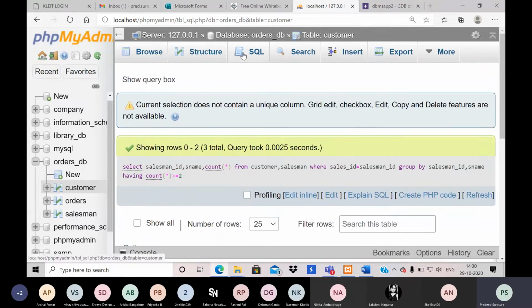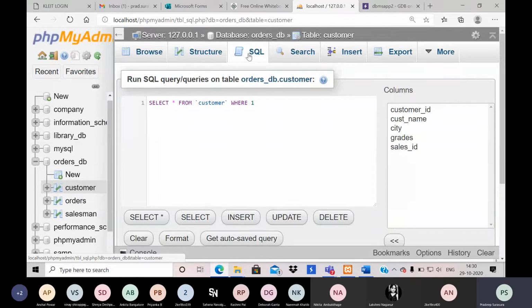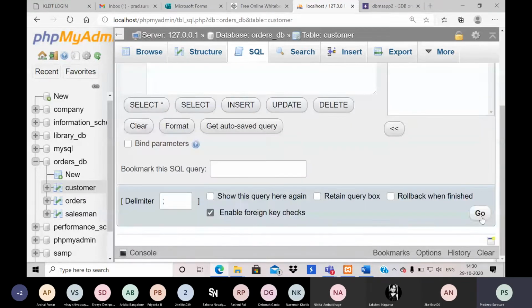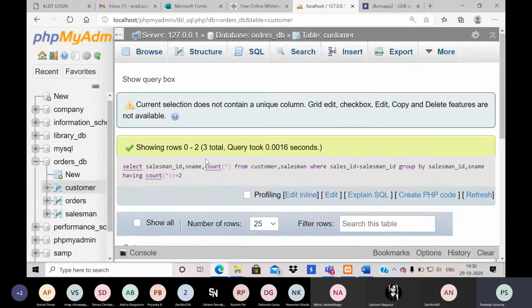So the earlier query did not execute. Correct. If I say greater than or equal to 2, it will execute and give me the results with respect to the 3 values.